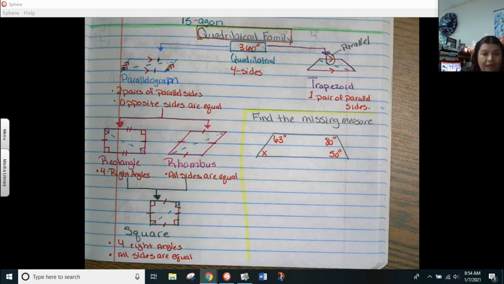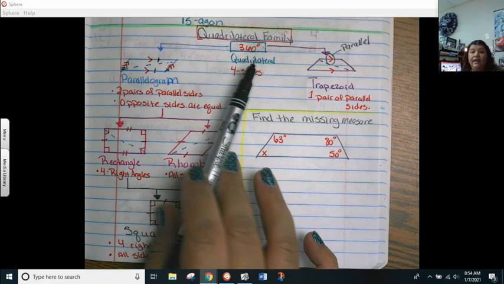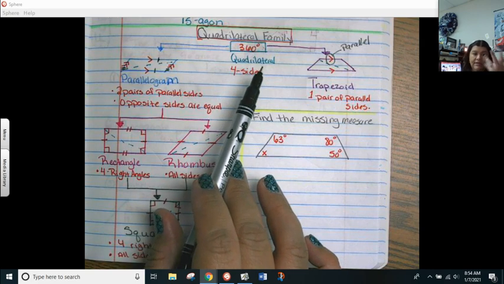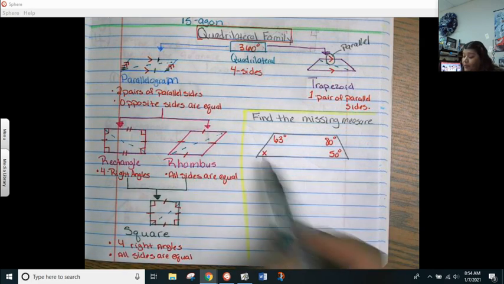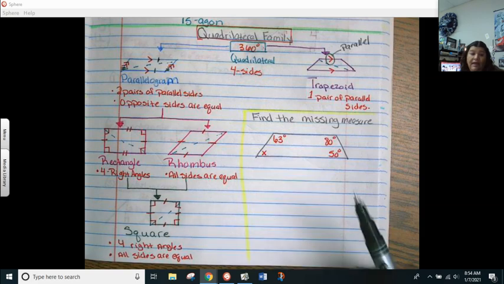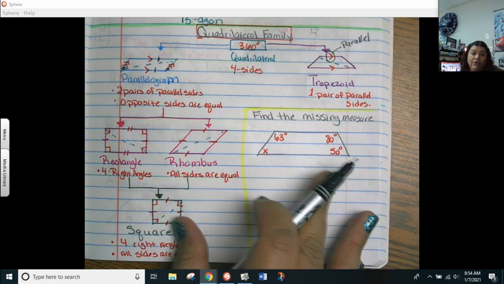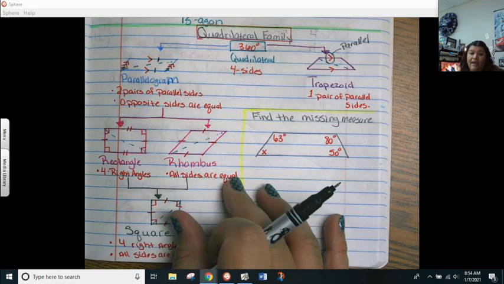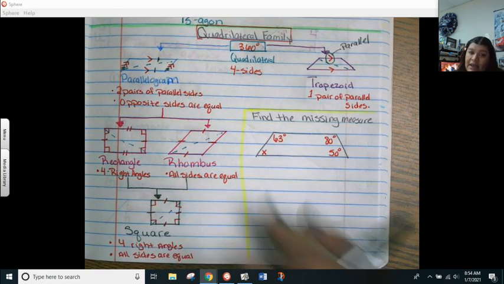So that is the quadrilateral family. Now, like I told you before, what makes quadrilaterals special is that all 4 angles add up to be 360 degrees. So they could give you a missing angle and ask you to find the degree of the angle that's missing. To do that, if I know all of this is 360, I can go ahead and write